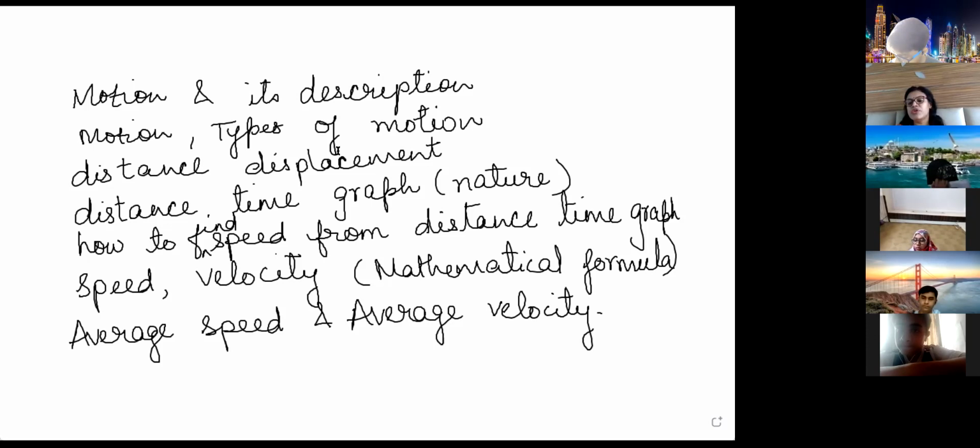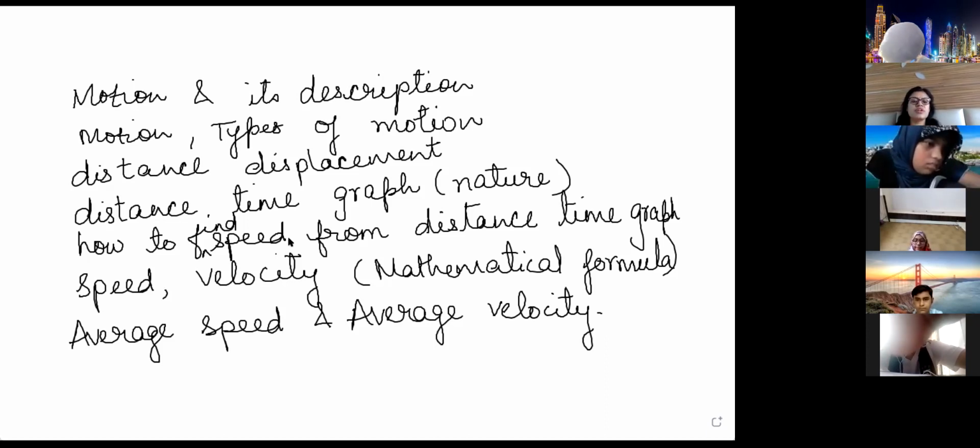I have already told you how to find out speed from the graph. And these four types of graph, what does it depict? Straight line means uniform motion, position and distance time graph is same. Then object is at rest, horizontal straight line. If the graph is a curve, then it is a non-uniform motion. Non-uniform means acceleration taking place. Distance is increasing and distance is decreasing, so it is a fourth graph. So till figure 9.21, graph ABCD, you will get questions in the exercise. If you want, you can find out.